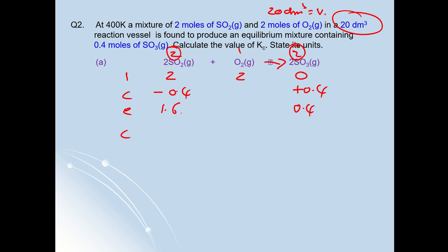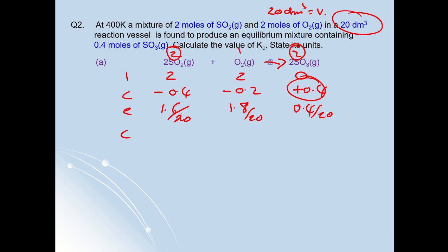Okay, now let's look at the oxygen, because that's not as nice a ratio. 1 mole of oxygen makes 2 moles of SO3. So if I made 0.4 moles of oxygen, that is minus 0.2 moles of that. Okay, so that is 2 minus, that becomes 1.8. Right, then finally my equilibrium is that over 20, that over 20, and that over 20 brings me to